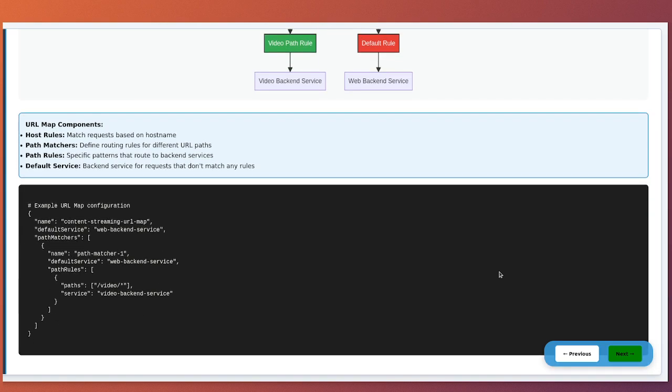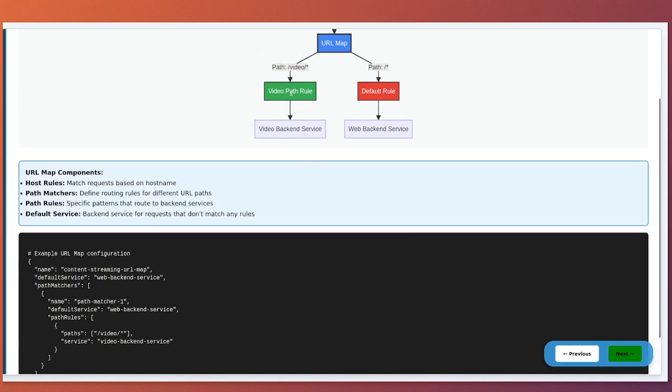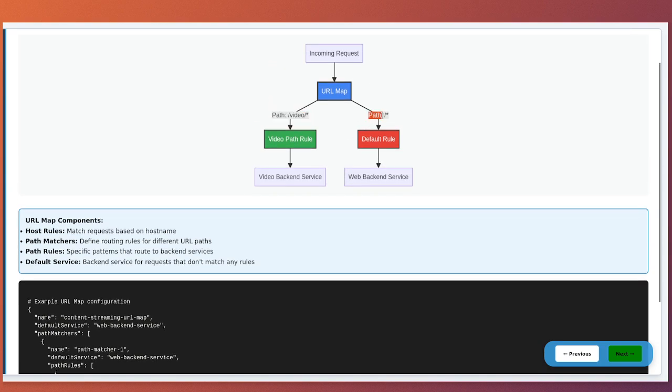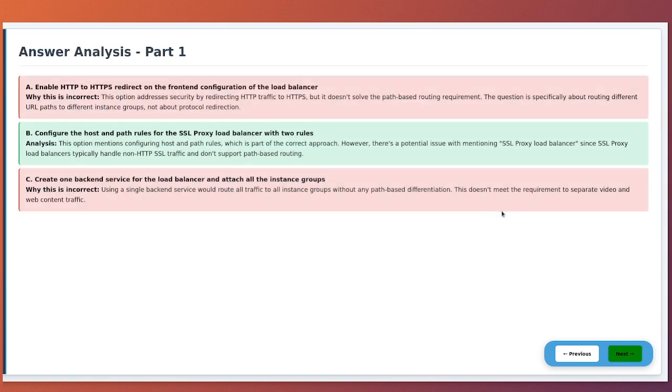For our scenario, we need a path matcher that routes video patterns to the video backend service. The URL map also has a default service for any requests that don't match specific path rules. Analyzing the answer options. Now let's examine each answer option to understand why some are correct and others are incorrect